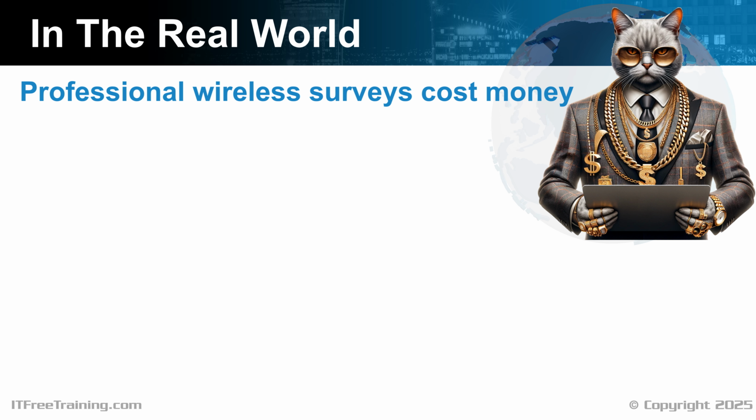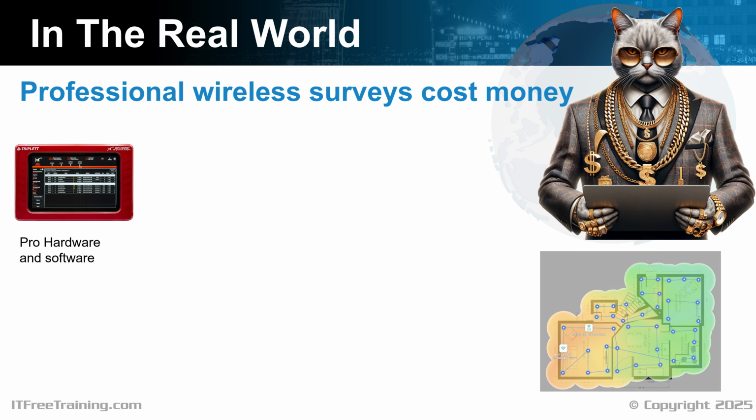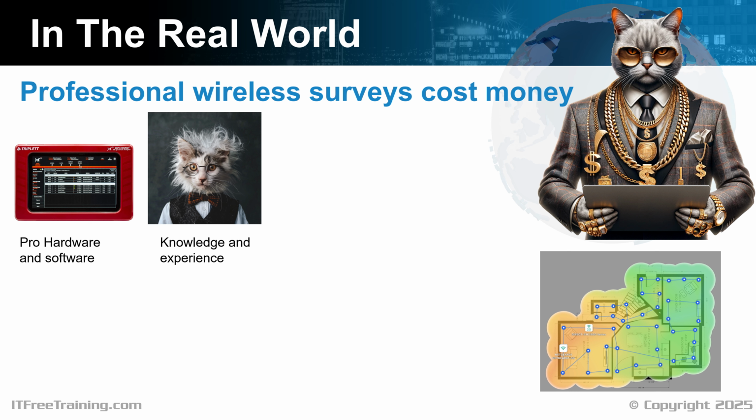When you pay for a Wi-Fi survey, it is most likely to be done using professional hardware and software. Depending on what is used, it can cost thousands of dollars just for the software. The software also takes a bit of time to learn because it can be pretty complicated. This software will also be able to generate wireless heat maps. The more advanced software can also take into account walls and other obstacles. Hiring a professional also gives you additional knowledge and experience.